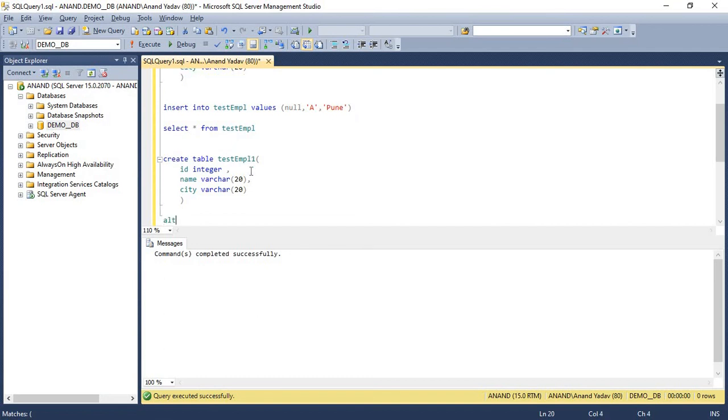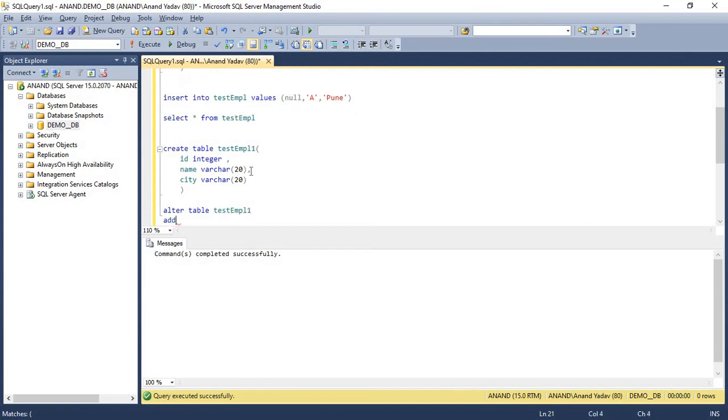We can do that with the alter command: alter table, the name of the table is test employee 1, and we'll add a unique key on the column we are adding, ID. So we modify the table to add the unique constraint.